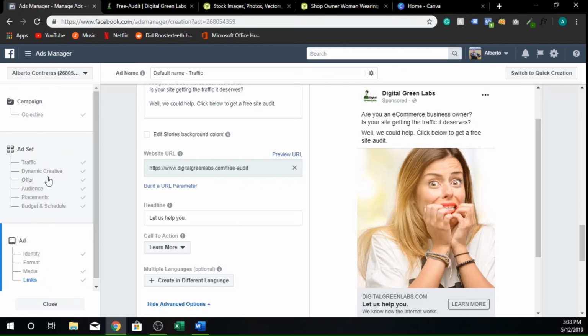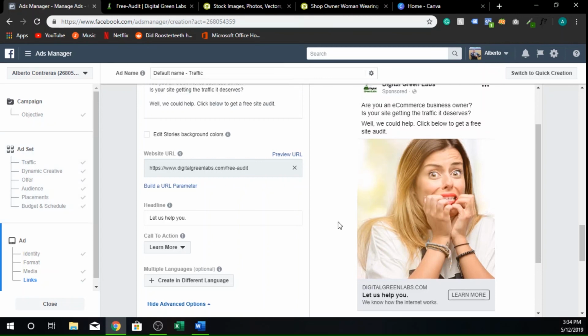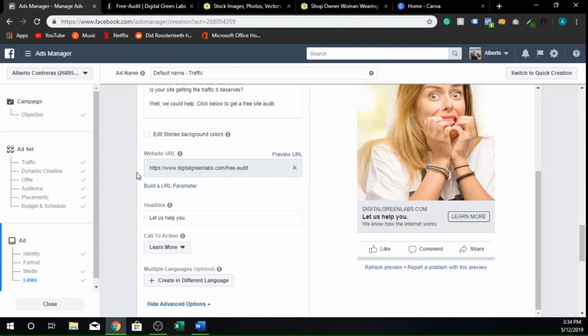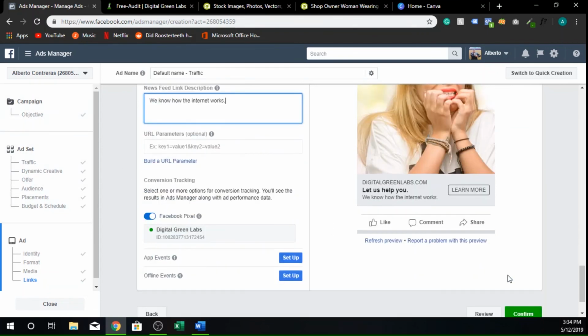Same thing here. I see a lot of people saying their first Facebook ad, buy now, blah, blah, blah. Why would they buy from you? They don't know who you are. They don't even know if you're going to deliver on what you say you're delivering, right? You have no proof, no social proof. So a lot of the things with the Facebook ads, they're psychological, right? It's very psychological. So once you're happy with your ad and you're happy with who it's targeting and the objective,